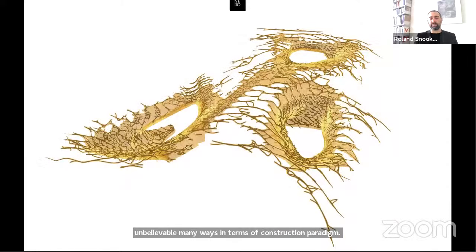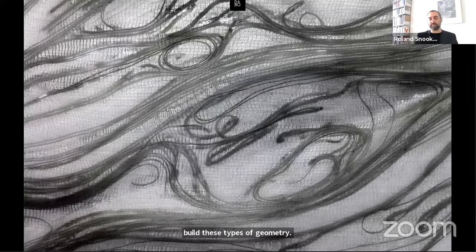And it was around this stage where we were really starting to think about how we would go about using robots and using additive manufacturing or using different advanced manufacturing techniques in order to build these types of geometries. So our first instinct was to start to look at fiber composites, and we worked with a series of, we did this through academia a lot, and a series of workshops where we're looking at